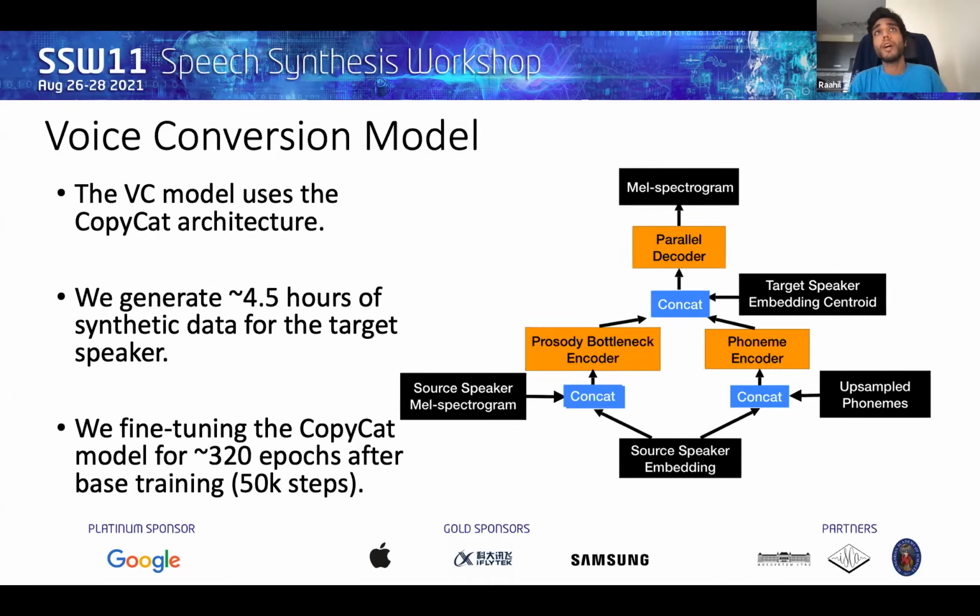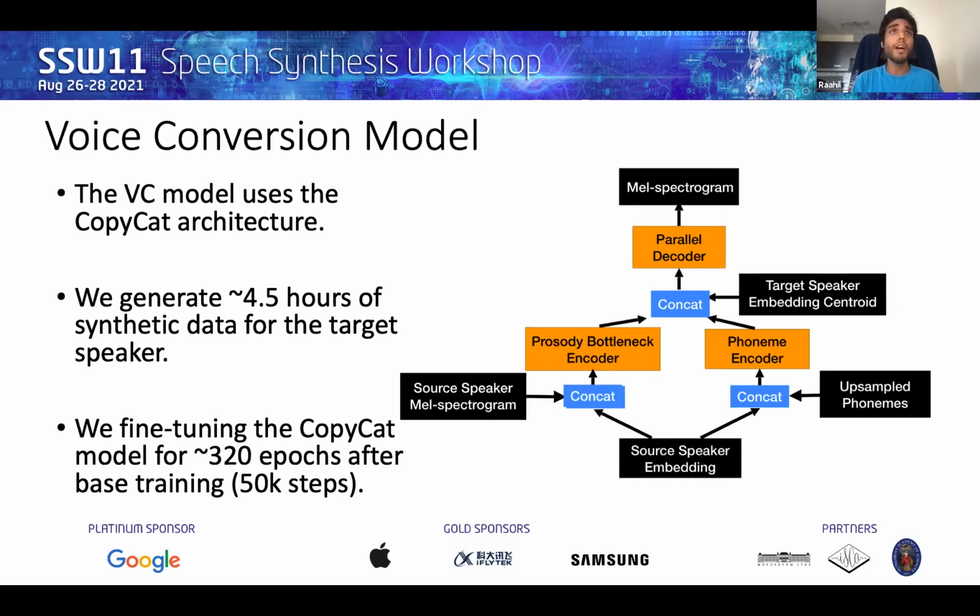We use a voice conversion architecture that is a copycat prosody transfer model that we introduced and published from Amazon a few years back. At a high level, what this model does is it converts data from a readily available source speaker to sound as if it were coming from our target speaker. It does this by, during training, trying to factorize out the speaker identity of the source speaker from the acoustic and phonetic content. And so at inference time, when we provide the identity of the target speaker, the speaker that we care about, we are able to convert any source audio, that is the spectrogram, into audio from the